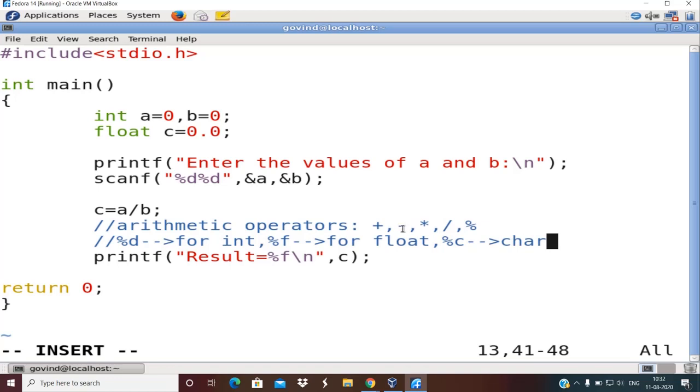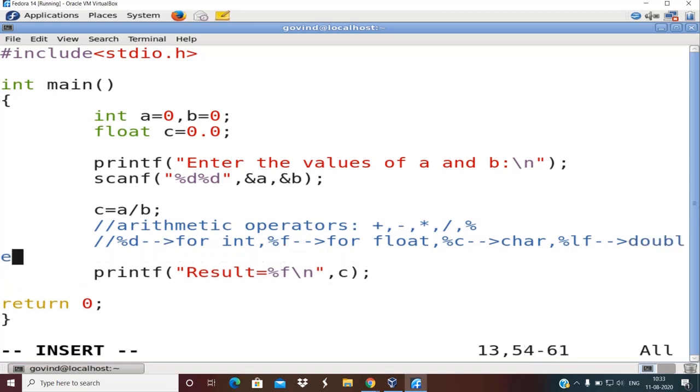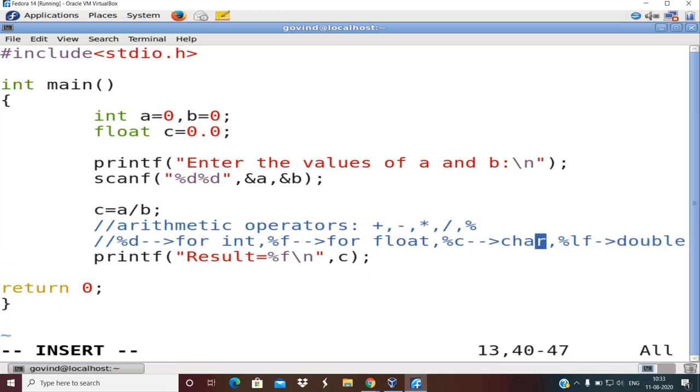Okay, right? So you might ask, what is the format specifier for double? Many of you might not have come across this. It is %lf. Lf refers to long float. We hardly use it in C, so we don't see most textbooks giving the code to read double values. To read a character you use %c.